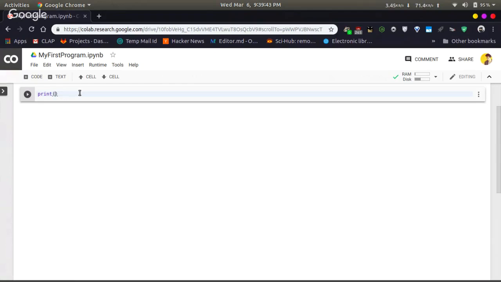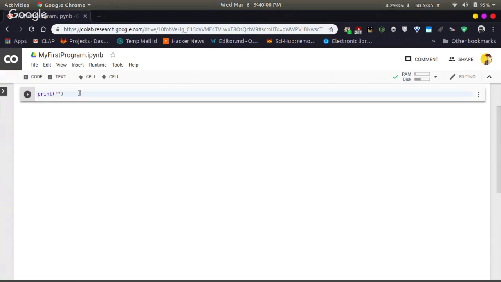For writing a string, you should make sure that it is always enclosed in double quotes or single quotes. What is actually a string?